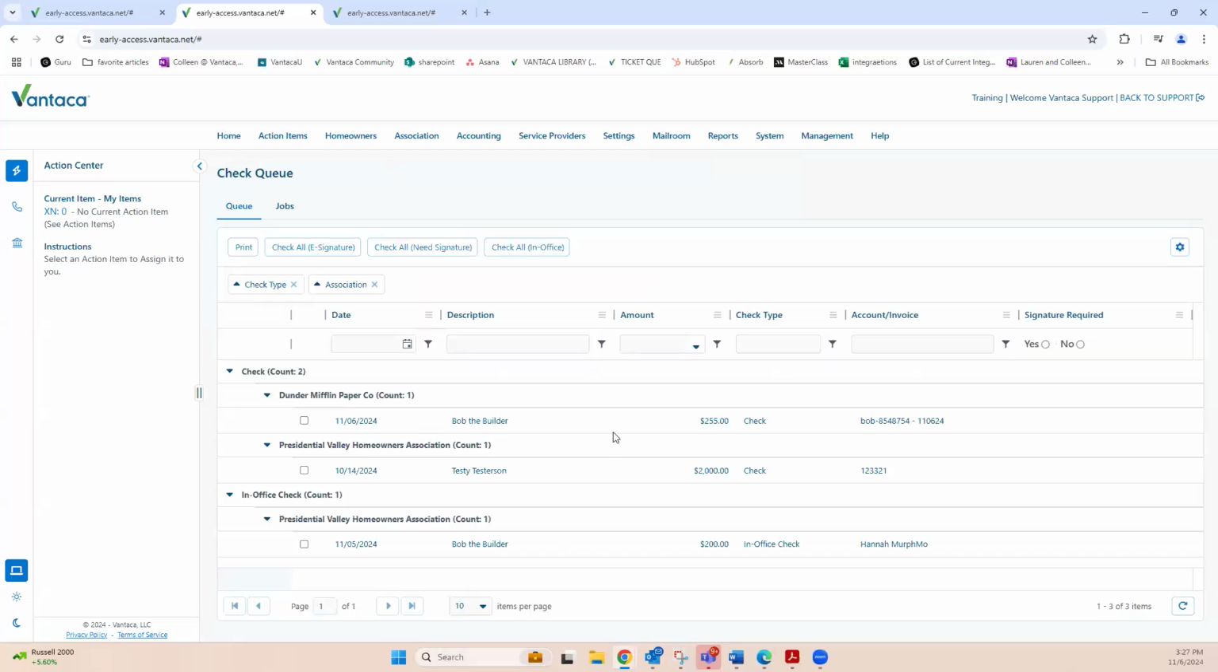And I have a few here. I think I sent quite a few over. But this is my one dated today for Mr. Bob the Builder. A neat feature that we have across the top, if you're only wanting to do checks that